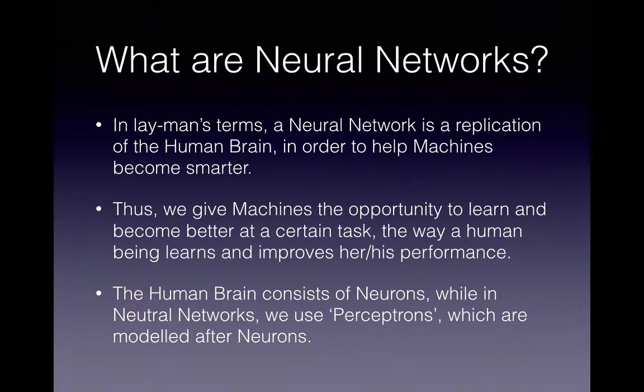Alright, let's begin. Now, what are neural networks? A neural network is basically a replication of the human brain. Our human brain helps us to learn, and as we learn, we become better at doing things, right? In the same way, a neural network is like a brain for a machine. With the help of neural networks, machines are able to learn, and thus they become much more efficient at performing certain tasks. The human brain consists of neurons, while neural networks are made up of perceptrons, which are modeled after